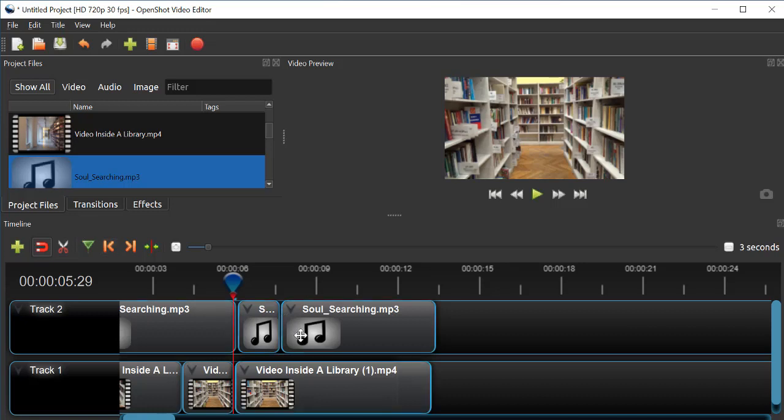For example, if unfortunately you did something here and it cut down, don't worry about that. Go here, this option is the undo option, and you can undo all those things. You can also use the shortcut key, that is Control Z, and then you can export. Go here and export.